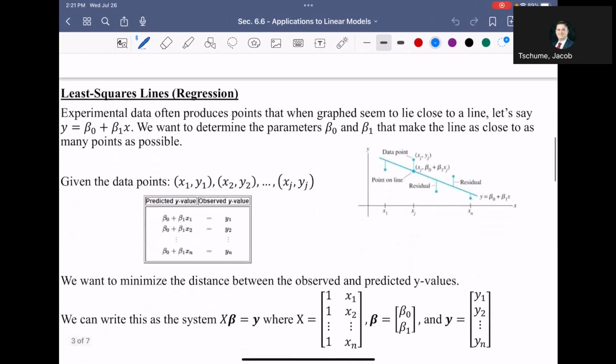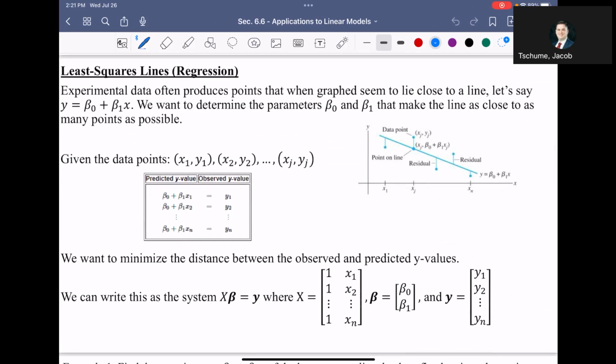So what I want to do for the first 5 or 10 minutes of this video is talk about the idea of what they call a least squares line, which other disciplines, like I said, call regression. Experimental data often produces points that when graphed seem to lie close to a line. Let's assume the equation is y equals beta naught plus beta 1x. We want to determine the parameters beta naught and beta 1 that make the line as close to as many points as possible. So over here on the right, using this little graph,